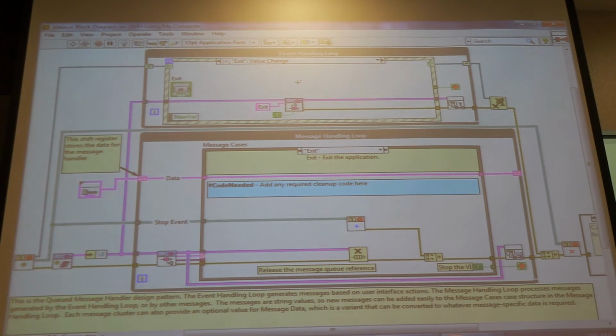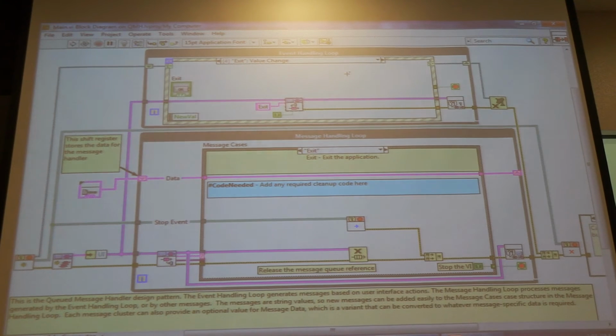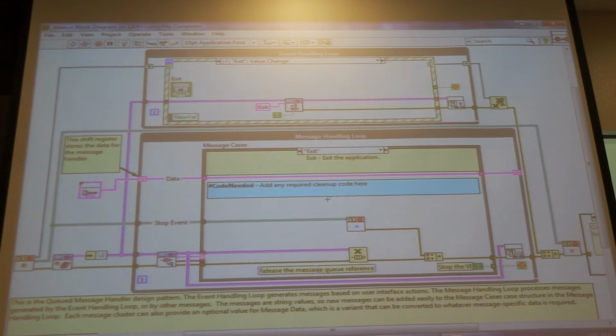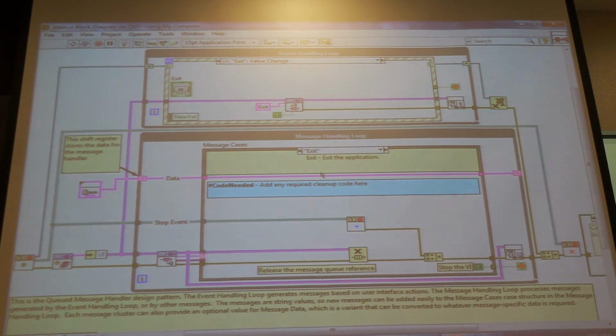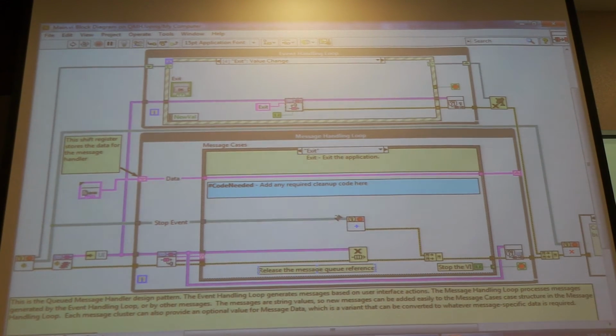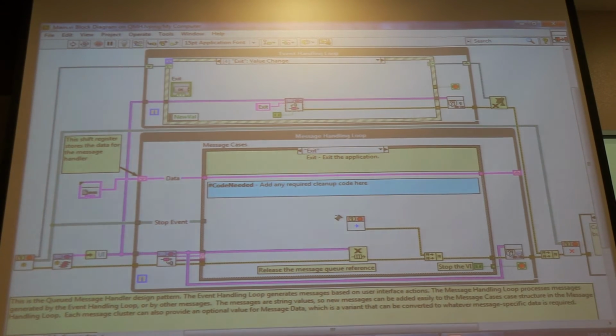So this is when we need to follow a safe shutdown procedure, and the QMH template already does that. Basically, besides Windows Update, the only way that your program can exit is by the message handling loop sending the exit message to itself. That's the only way. And then inside here, all you have to do is set all your DAQ outputs to 0, digital output 0, everything, whatever you need to do.